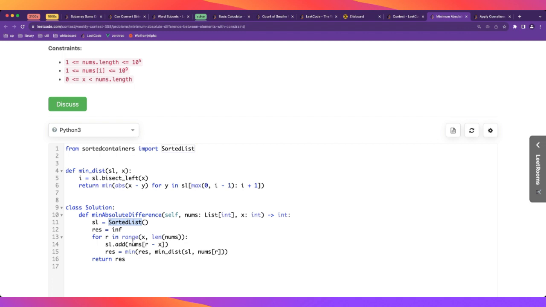Maybe there are problems that require some tweaking of the internals, and for that you need to know. But for these data structures, you usually don't need it. For example, in the case of sorted list, I was hesitant to say that these are always order statistics trees, because my understanding is that the sorted containers actually use a different kind of implementation,